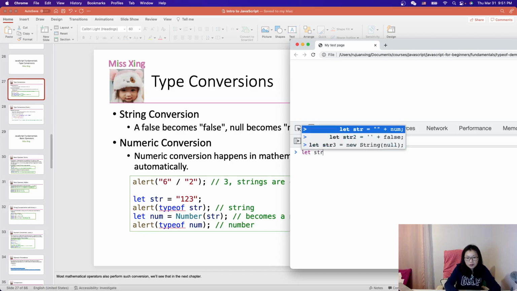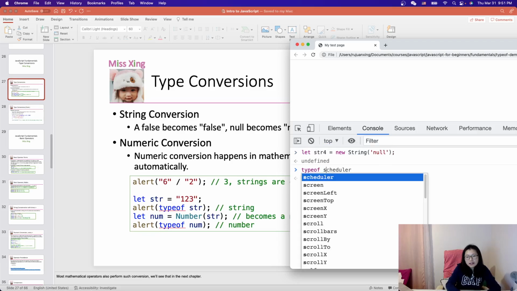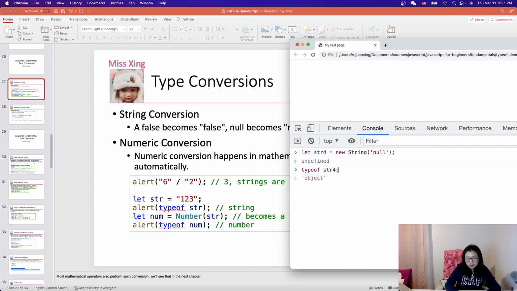str4 equals, if I use new String, it's going to become an object like null, okay? Like typeof str4, it will become an object, because when we're using new, we are kind of creating an object. When we get to the object part, we will cover new, okay? And if you just want to convert null to be a string, you just don't use the new